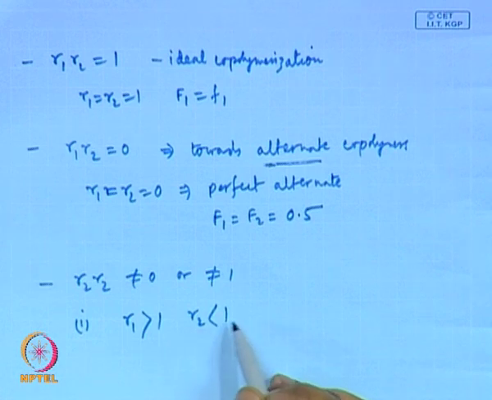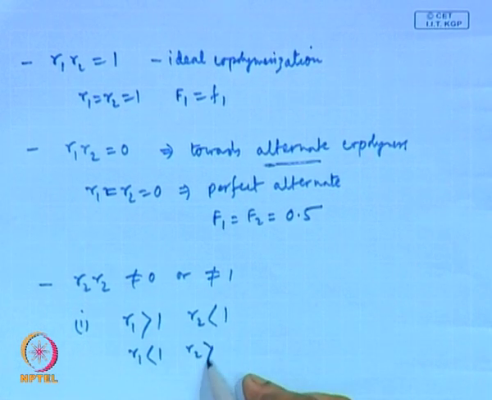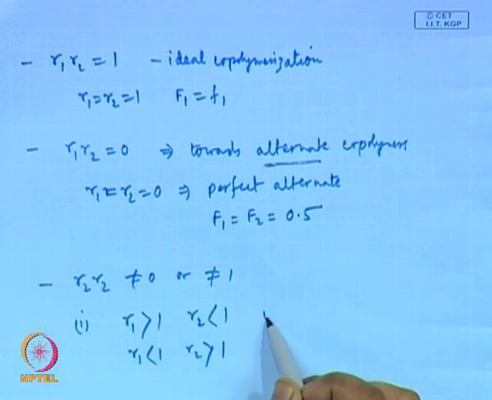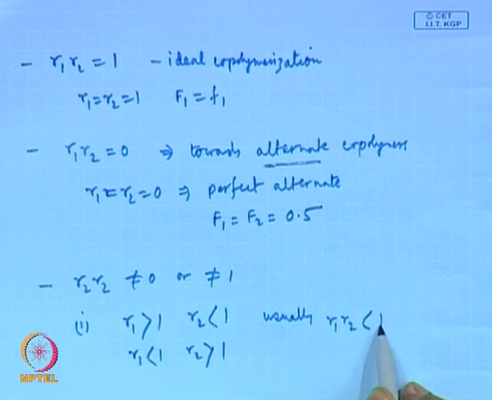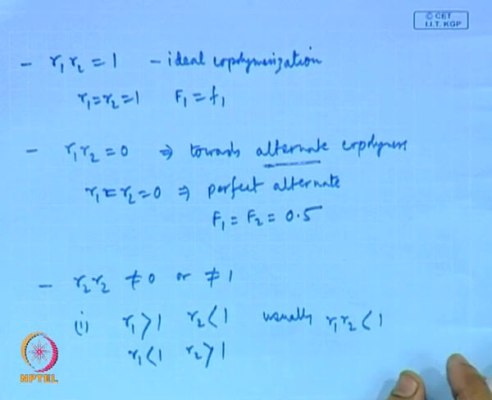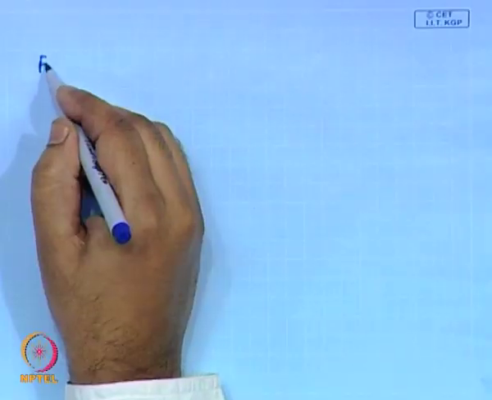It could be the other way as usual: r1 could be less than 1 or r2 could be less than 1, and usually this product is less than 1, and in some cases it is slightly above 1, which is possible in the usual copolymer reaction. Now, in this case, the F1 versus